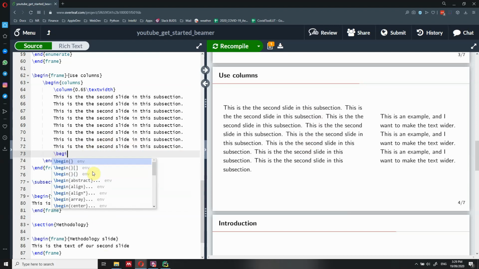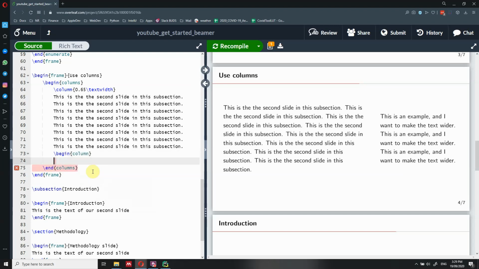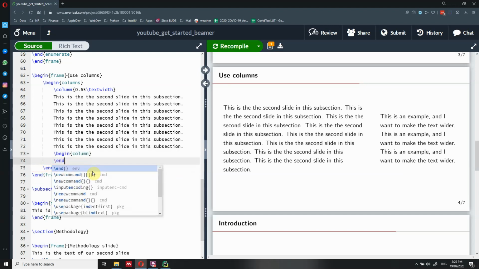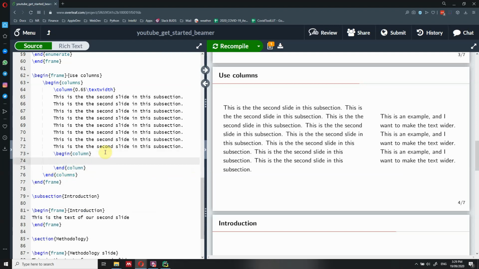You could have begin column, and of course if you do begin you need to do end column, and the last thing that you need to specify is the width of this column. So again 0.35, and then we have text